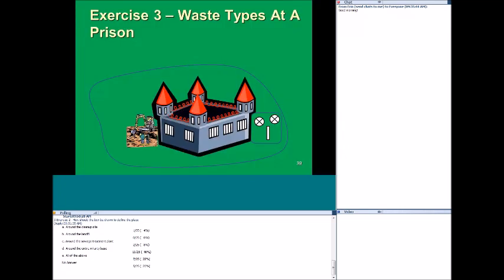Now we're going to switch back to our presentation and do an exercise about waste types at a prison. So here we have our prison, our standard sewage treatment plant, and then we happen to have some construction going on at the prison, so they potentially need a dewatering permit.